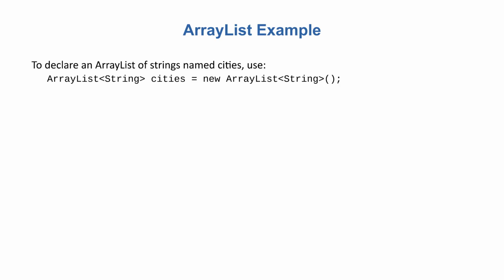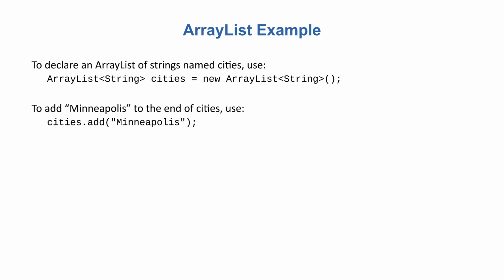To declare an array list, put its type of data in angle brackets. For example, to declare an array list of strings named cities, use ArrayList angle brackets String cities equals new ArrayList angle brackets String with empty parentheses. Items must be added to an array list one at a time. To add a string value to the end of an array list, use the add method with a string parameter. For example, to add Minneapolis to the end of cities, use